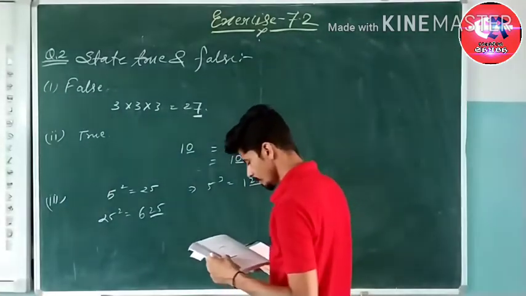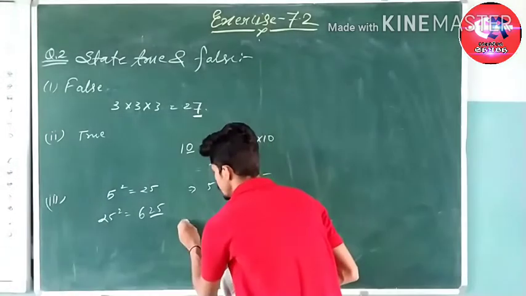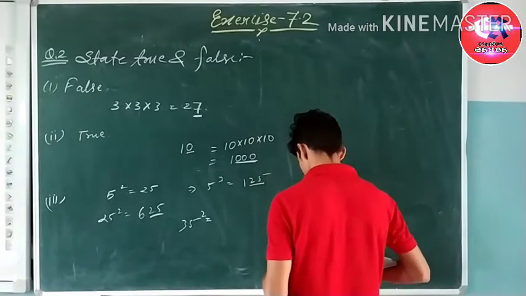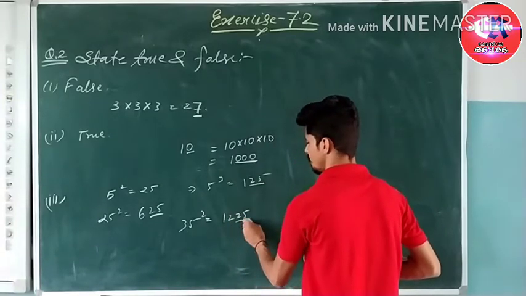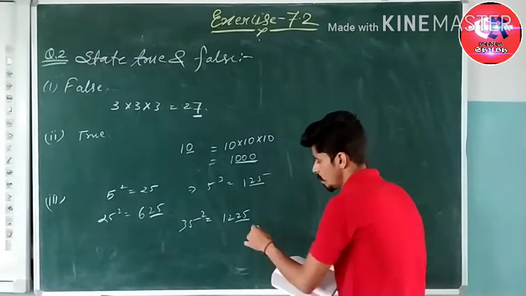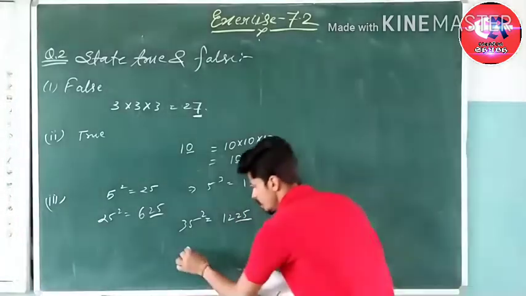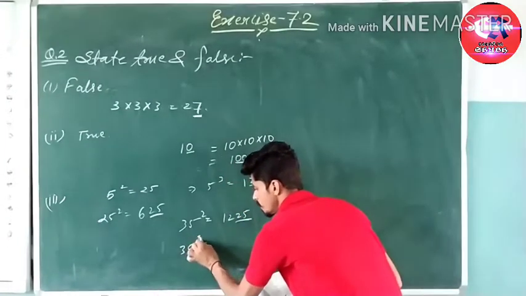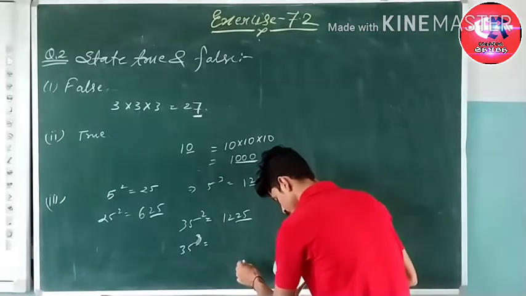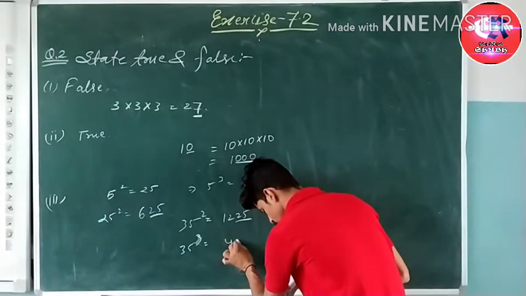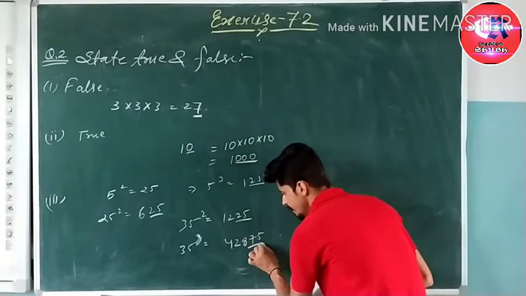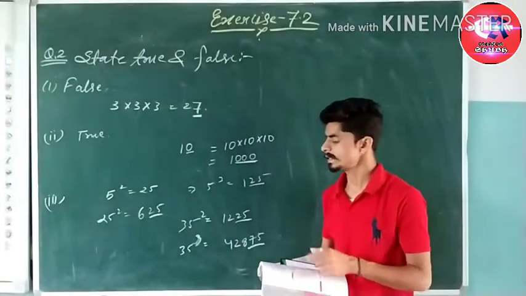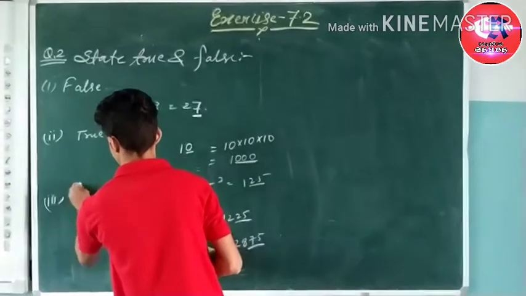But if we are taking another number, for example 35, the square of 35 will become 1225. 25 is here, or we can say the ones place 5 is here. But when we find the cube of this number, that means 3 times multiply of 35, we get a number which is equal to 42875, and here we do not get 25. So in this way this sentence is false.